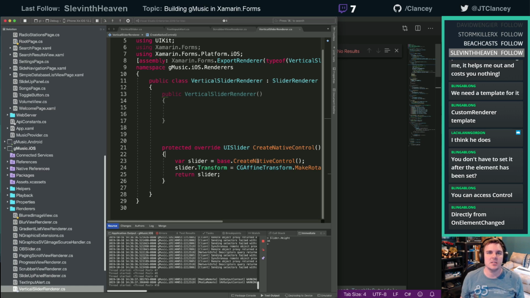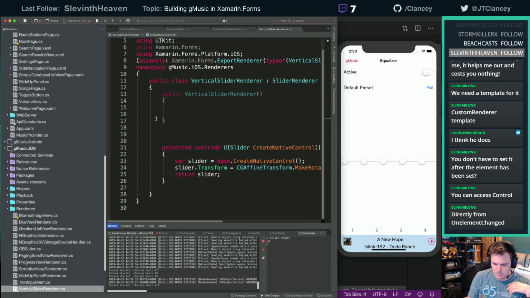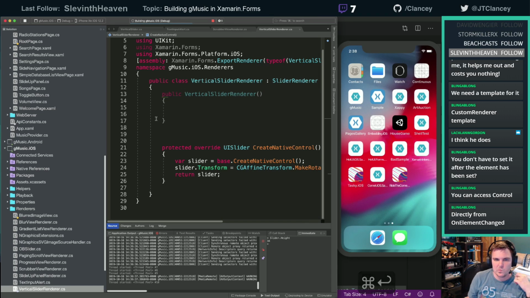As long as nothing messes with the transform inside of there, that should work. Is it running? Is it building? I think something's setting the transform.